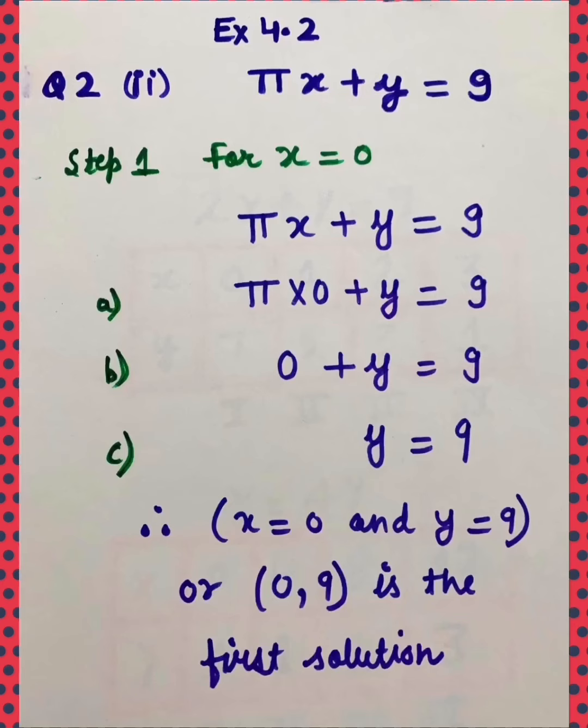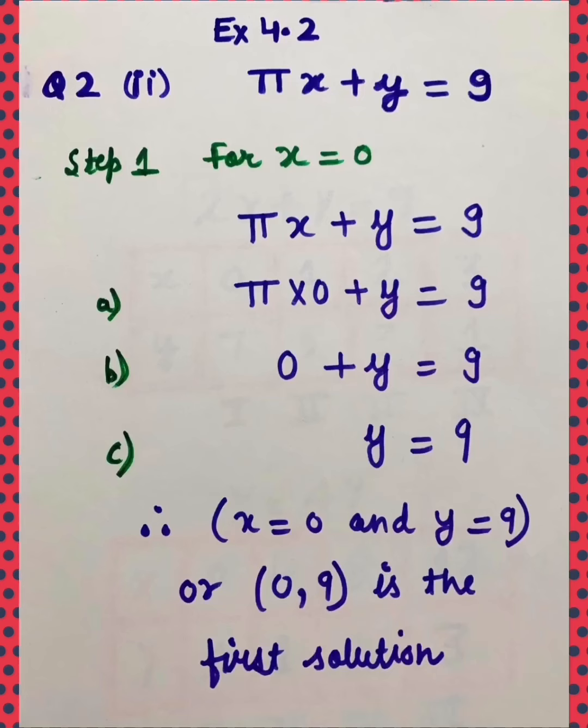In step A, children, in the place of x I would write 0, plus y as it is equal to 9. In step B, children, pi into 0 will become 0, plus y equal to 9. In step C, children, y is equal to 9. So I will write x equal to 0, which means I have taken the value of x equal to 0 and I have found the value of y is 9, or in the form of coordinates, (0, 9) is the first